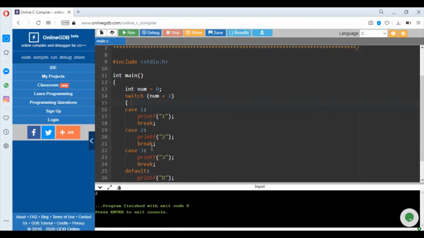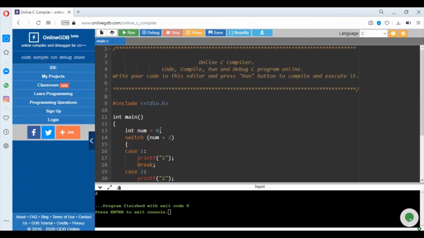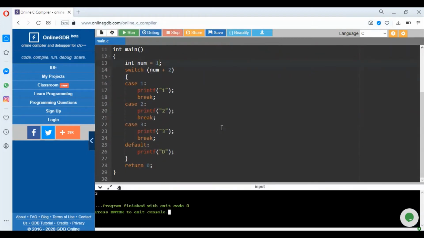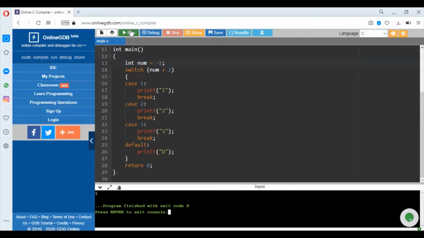Because after printing 2, this break statement has exited this switch case and the control has gone here. If I put this value as 1, then only 3 will be executed. If I put this value as -1, then only 1 will get executed. So this is the use of break statement.